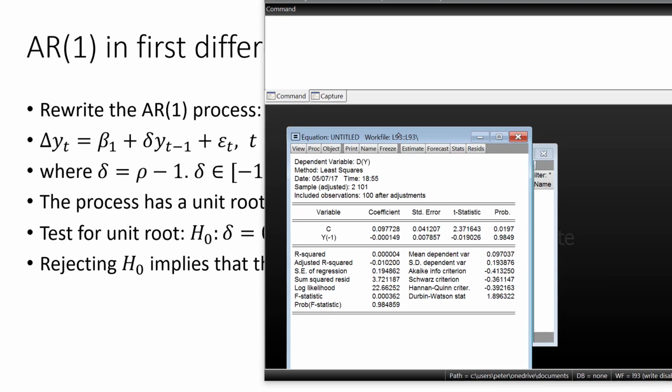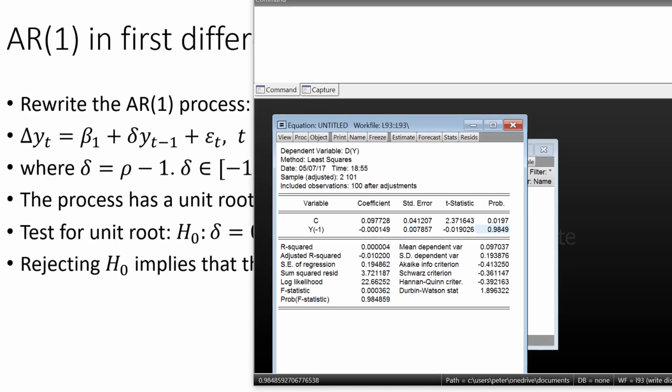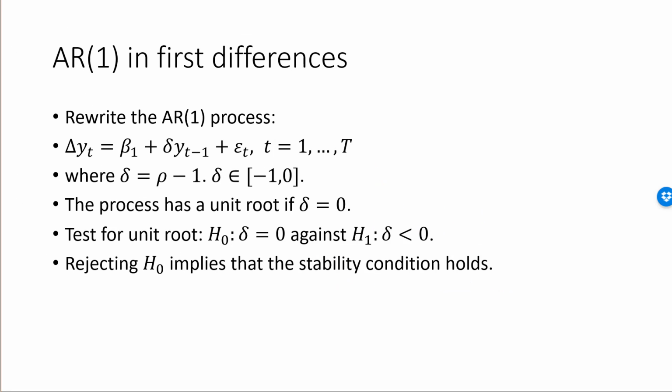We can see that this is the estimated beta 1, pretty close to the true value, which is 0.1. And this is delta, which again is rho minus 1. So a straightforward way of testing for a unit root would simply be to look at this t-value or this p-value, and in this case we would not reject the null hypothesis, claiming that it's very possible for this process to have a unit root. Unfortunately, it doesn't really work, so we need to look at an alternative for the unit root test, which is